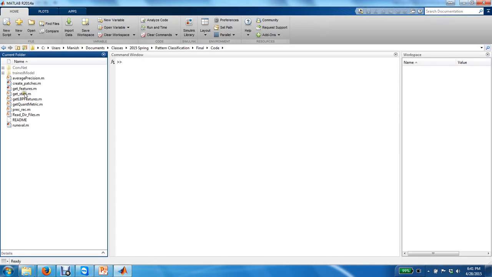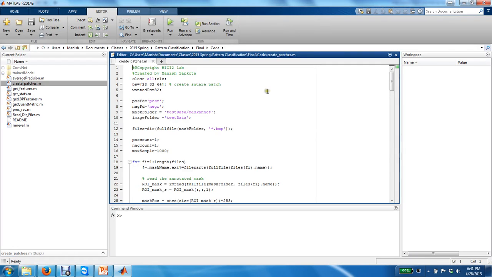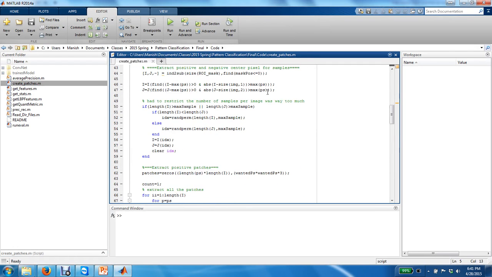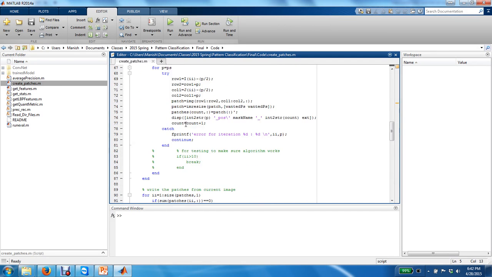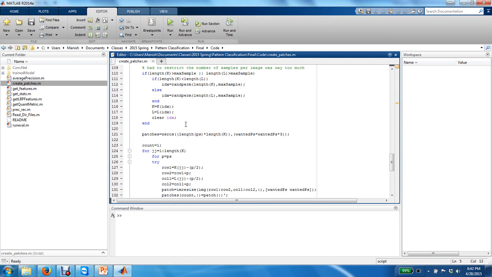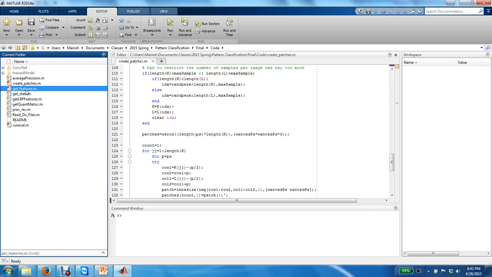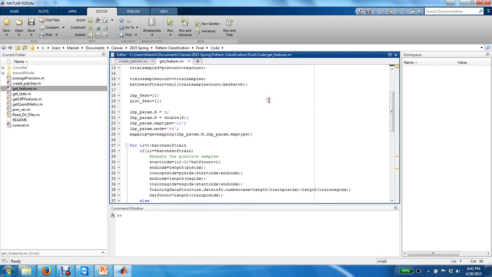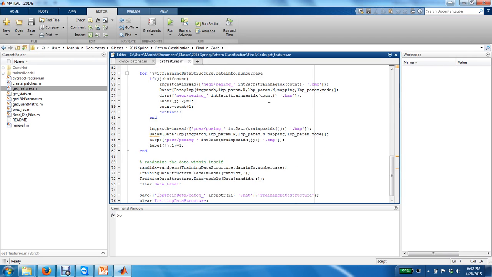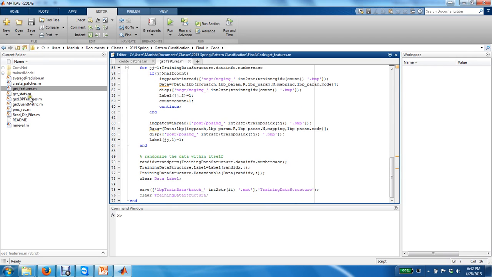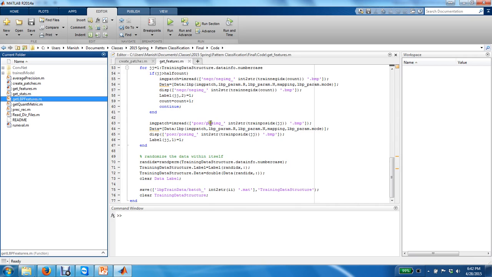And this has been created using the create mask code that I have here. It basically reads the mask and the files, and then creates the smaller patches and stores them as a mat file, like I already showed you for the training data as well as for the testing data. Get features is just to get the smaller batches of data, and also to create the LBP features,